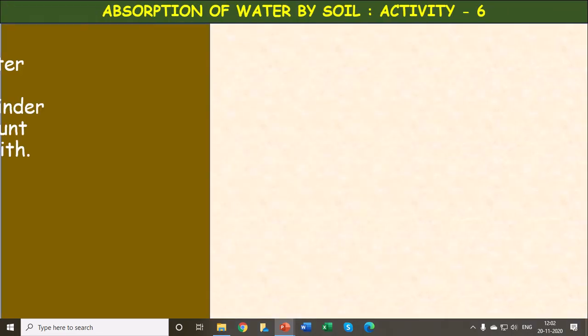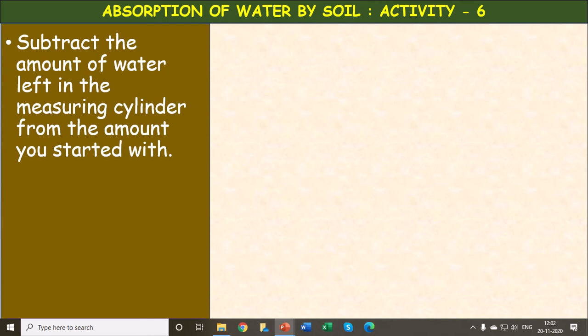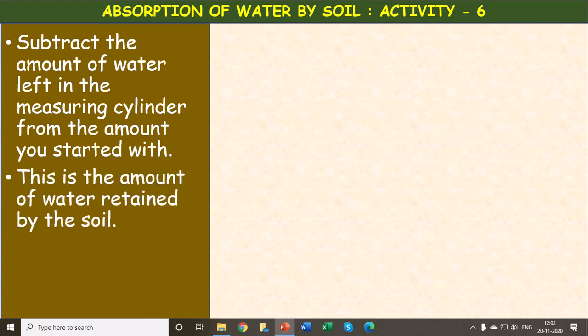Okay, so now what you have to do is subtract the amount of water left in the measuring cylinder from the water you started with. Then this is the amount of water retained by the soil. Okay, so after subtracting the amount of water left in the measuring cylinder from the amount of water you started with, this is the amount of water retained by the soil. So record your results in your notebook